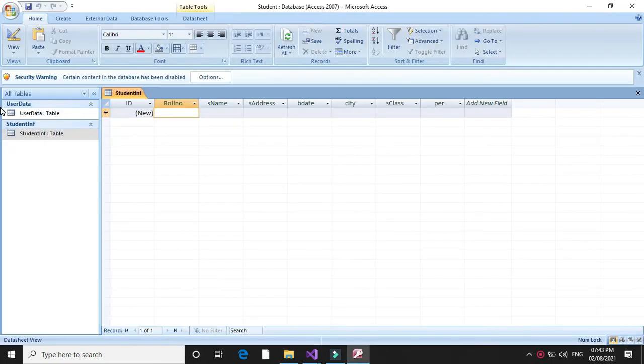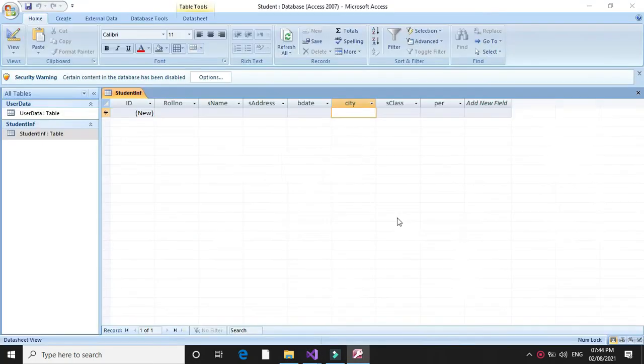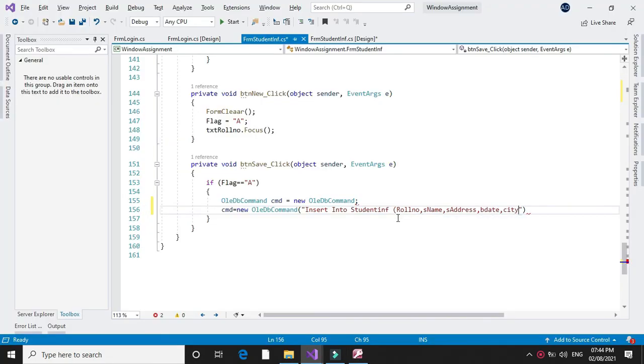We are going to insert roll number, name, address, birth date, city, class and percentage. So insert into student, roll number, S name, then address, B date, city, then class and percentage, and we will provide the values, which are the values you have entered in the text box.